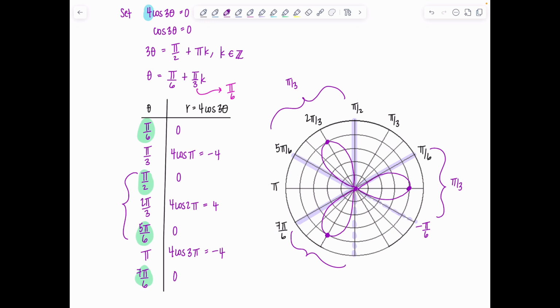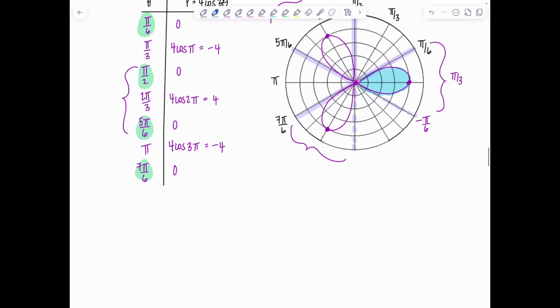Now, what if you need to find the area, if you're a calculus student? For one petal, I would say the nicest petal to go for is this one. But your limits of integration have to make sense. You can't say this is 7 pi over 6 to pi over 6. You have to read it so that it makes sense when you're tracing it out counterclockwise. So I'm going to say one petal,